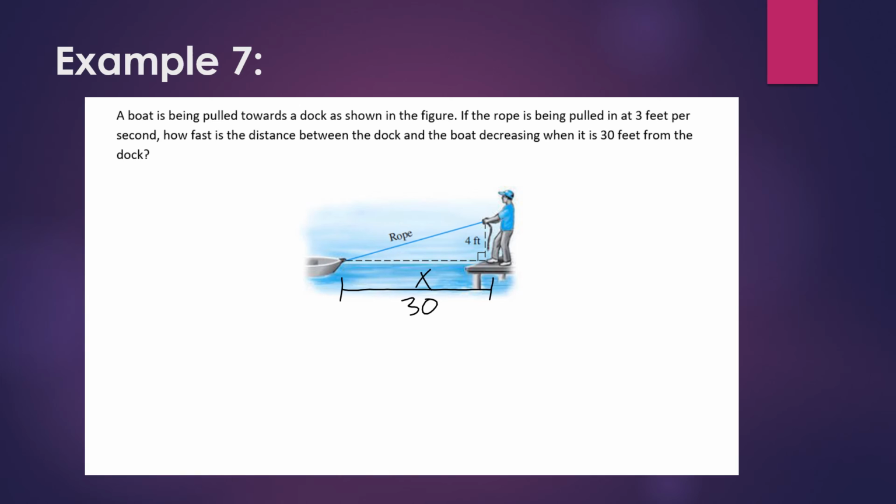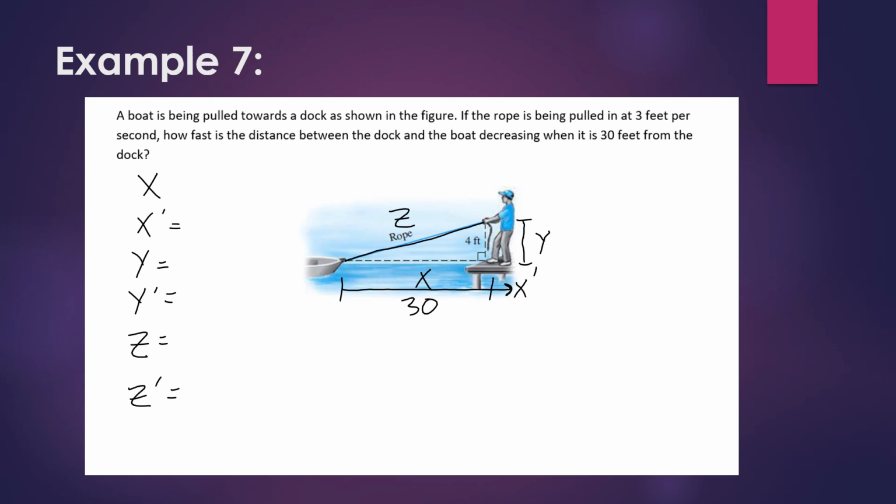So let's call this x, and we're looking for x prime. That's how quickly the boat is approaching the dock. Let's call this guy's height, or at least height of the rope from the dock, y. And then the distance of the rope, we'll call that z. So we know that the rope is being pulled at a rate of 3 feet per second. So if I do x, x prime, y, y prime, z, z prime,